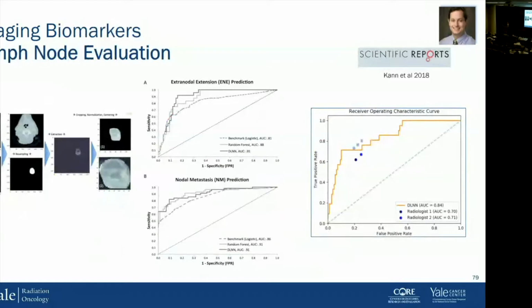The blue is actually very interesting. The blue is indicating when we gave the radiologists the deep learning algorithm, whether or not their performance improved. And what we found is that one of the radiologists, his performance improved very well, and then one was slightly less. They didn't change a lot of their predictions, but I think that this is an area of ongoing interest, whether or not we can combine human intelligence with the intelligence of machines to improve prediction overall.